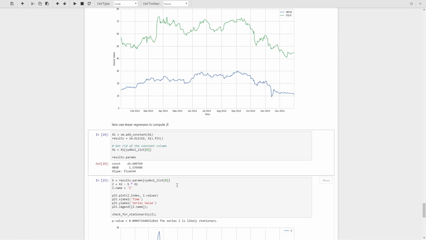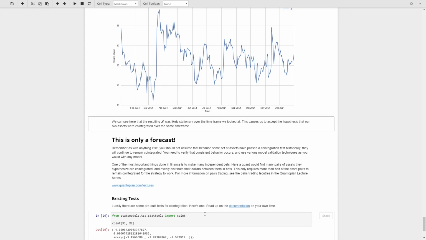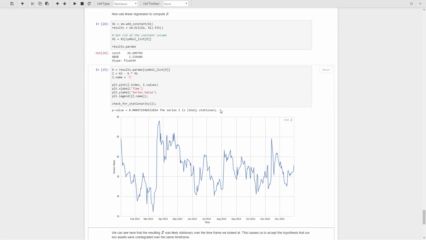We'll define z, our linear combination, as x2 minus b times x1, check for stationarity, and plot z. And we see that, all right, z is likely stationary. Awesome. If we plot z, it looks a little funky here, but the test is telling us it's stationary, and we're relatively confident in the test. So we can conclude that during this period of 2014 to 2015, ABGB and FSLR